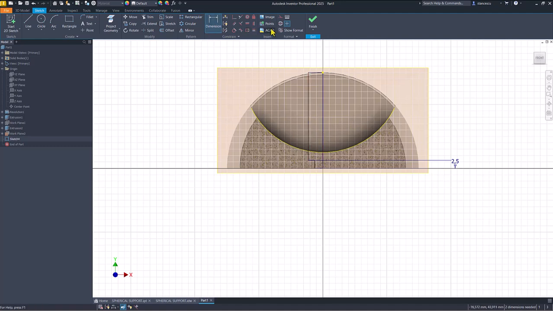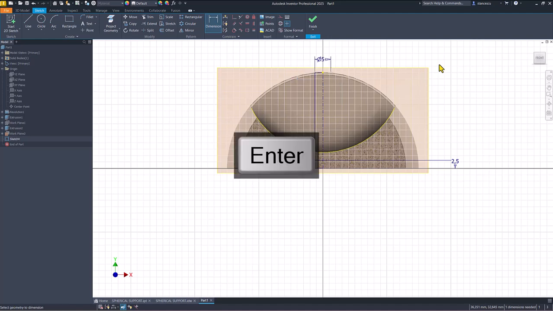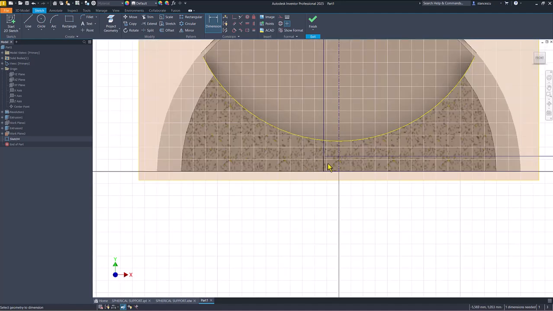This is, let me select this and make it center line, because I place diameters by using this axis instead of placing expressions, of course. This is 2.5. Now we have a fully constrained sketch,